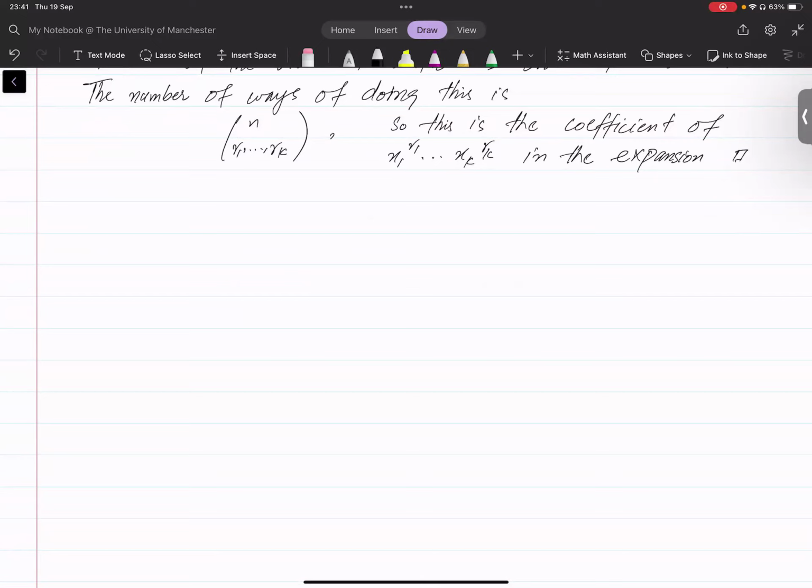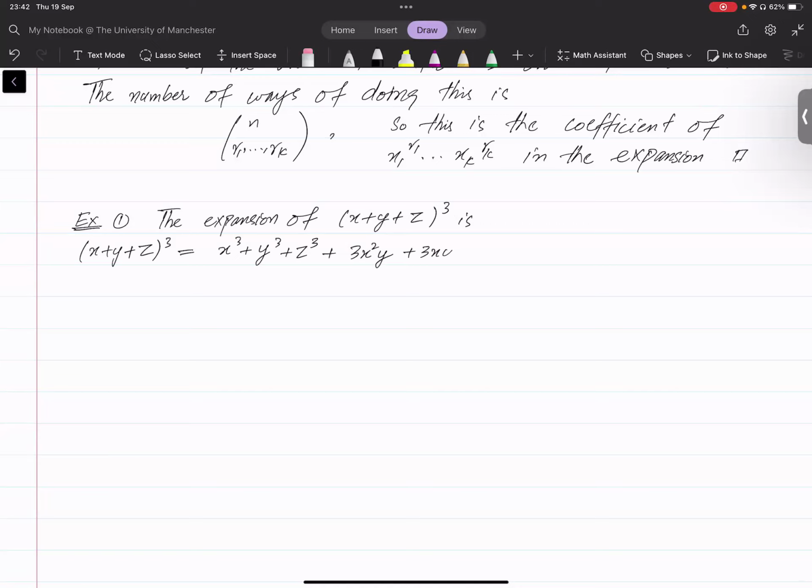Now let's use this and solve some examples. Example 1, the expansion of (x plus y plus z) cube is nothing but x cube plus y cube plus z cube plus 3x square y plus 3x y square plus 3x square z plus 3x z square plus 3y square z plus 3y z square plus 6xyz. Okay,